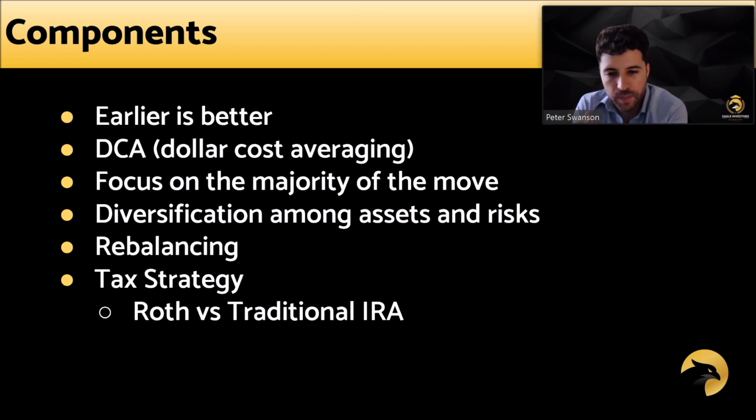So another aspect is tax strategy. So you want to think about Roth versus traditional IRAs. Roth basically is where you pay your tax ahead of time, and when you withdraw those funds, you would then not have to be taxed on them. So Roth is good because basically you're not being taxed on the gains that your retirement account makes. So you're just taxed on what you put into it.